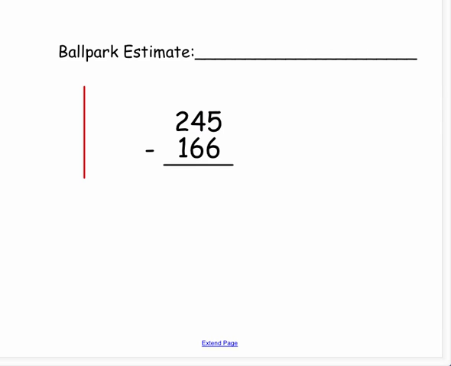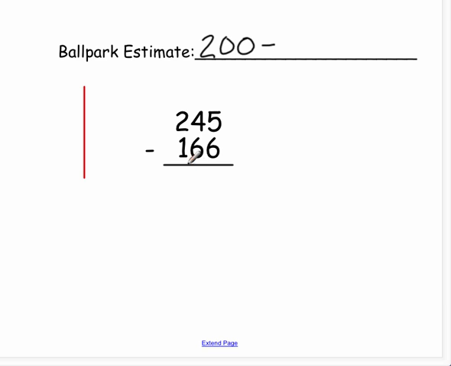Here is the next problem. Again, I need to do a ballpark estimate. I think I'm going to go to the closest hundreds. So I'm going to look at the tens. This is smaller than 5. It's a 4. So my hundreds are going to stay just where they are. It's going to be 200